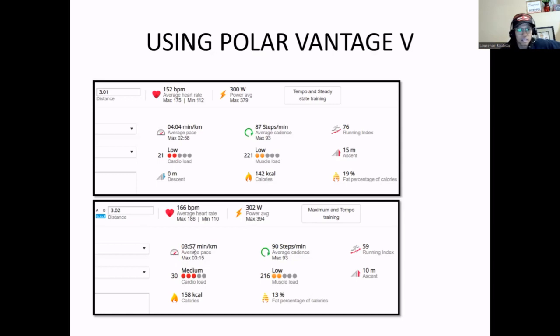Yeah, I think 7 seconds difference. So this is the effort that I noticed. And I just noticed also, curious lang ako, when I was using Alphafly, okay, my heart rate average is 152. But when I'm using Vaporfly, my heart rate is 166. But the thing is that for me, this is still above the zone na kaya kong i-sustain, or like